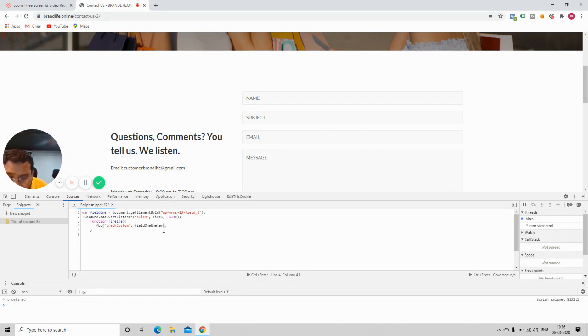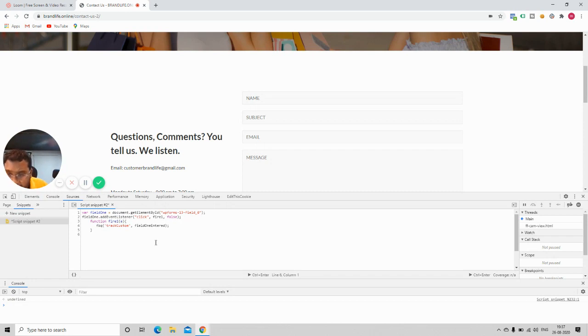Field one entered. This is the event name, and along with the event, I could send an object parameter, where the key is value, but I don't want to send any value, so let it be. The moment the user clicks on this element, the function will fire. The name of the function is fire one. I don't want the bubbling effect, so I call the function fire one, pass the event parameter e, and say trackCustom field one entered.